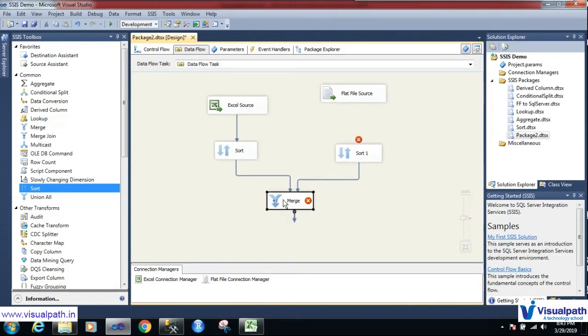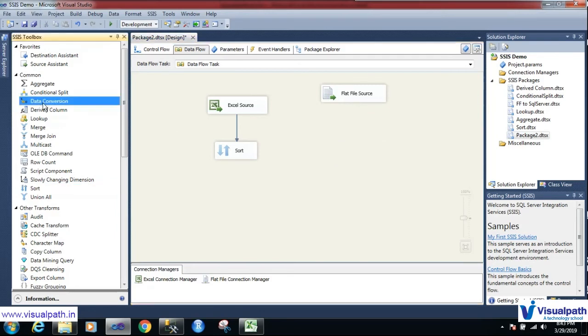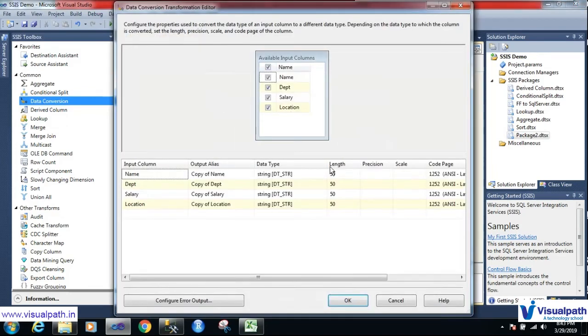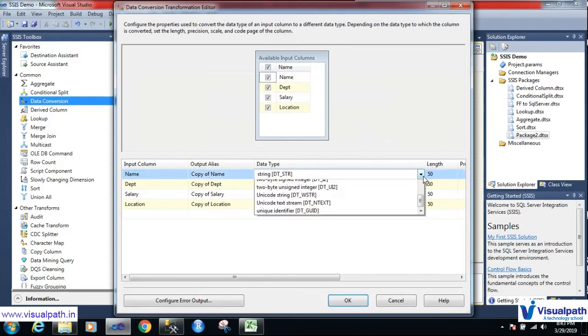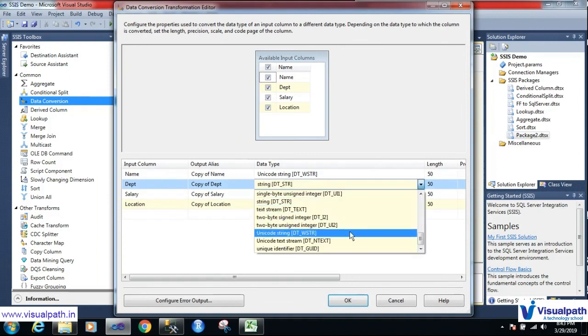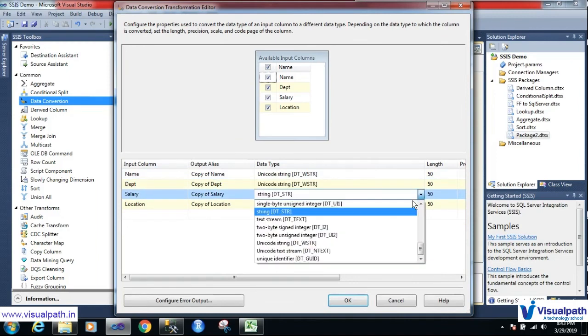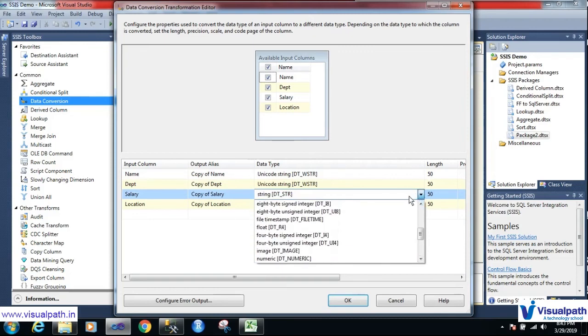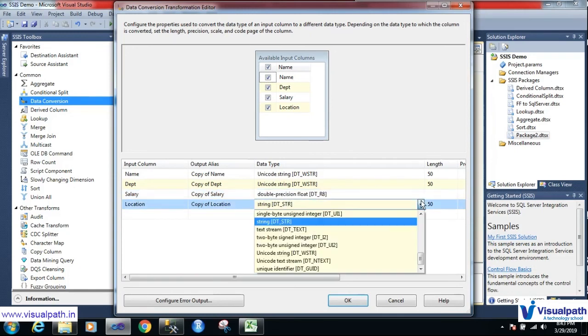delete merge, delete sort, and I will take data conversion first. Connect it to data conversion, double click on this. I will take each and every column and I will map it. I will convert it to DT_WSTR, DT_WSTR, double precision float, DT_WSTR.